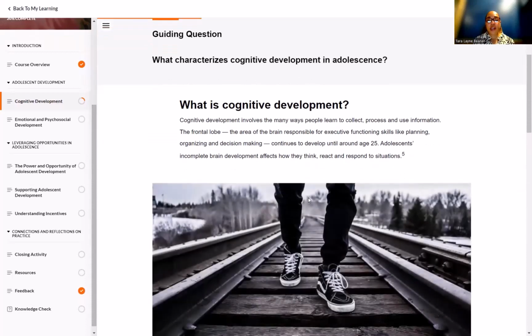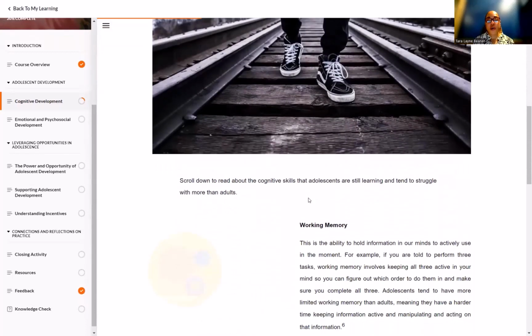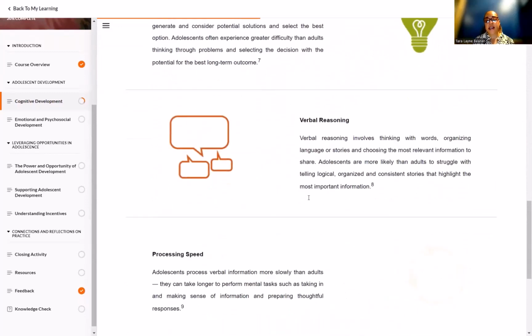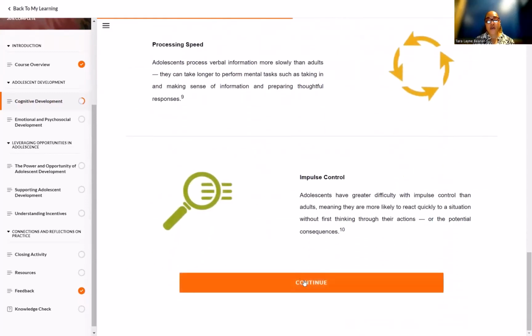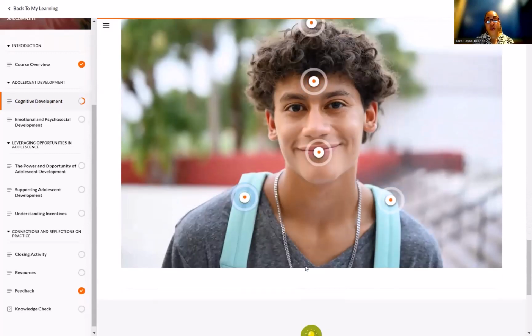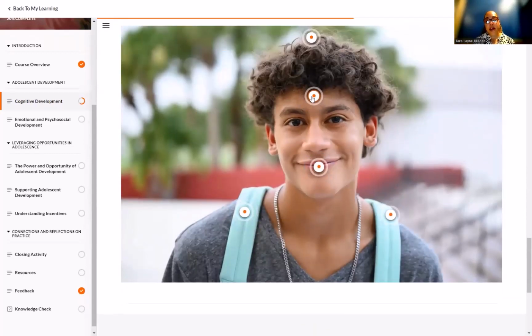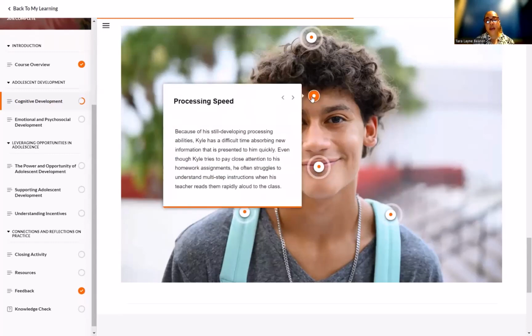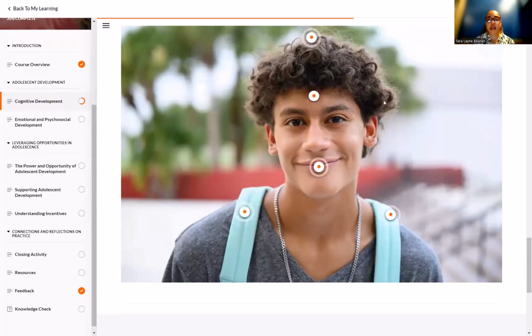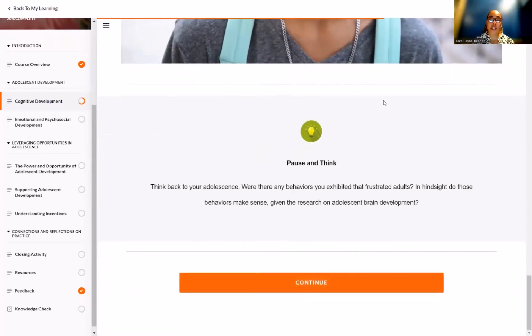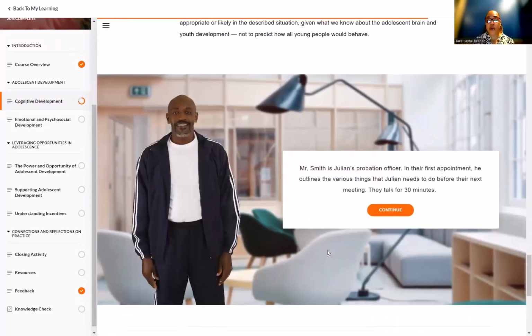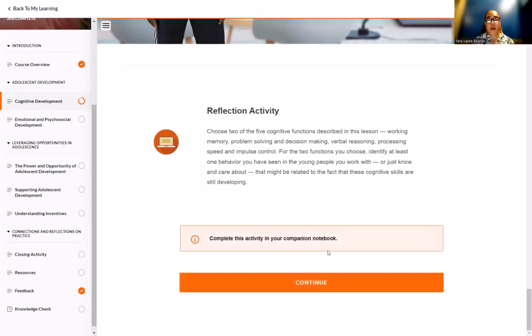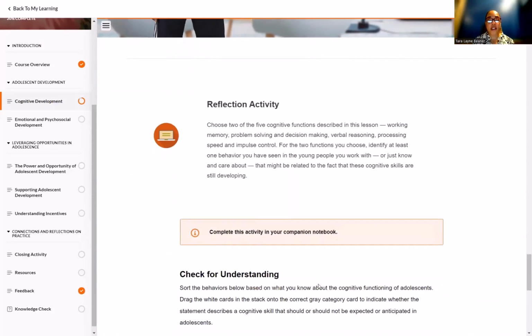Just to show you an example here of some of the interactive content that Annie mentioned, you'll find a combination of text, interactive activities, questions, videos, and different media and interactive content. You'll find some elements like this one where there will be information bubbles that you can click on. Sometimes there's text within them, sometimes videos, sometimes audio. You will find questions, some of which require you just to think, some of which require you to do an activity in your companion notebook,